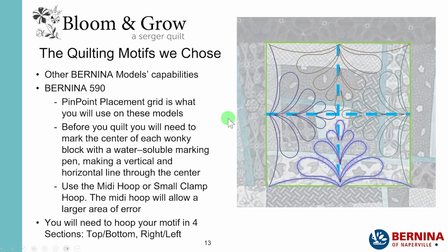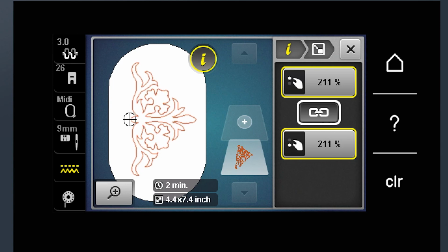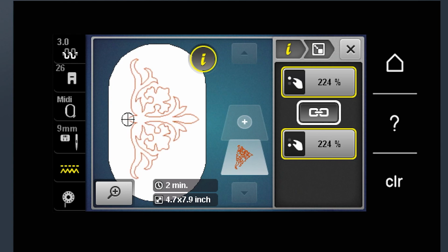Now, if you're using a Bernina 590 with the Pinpoint placement, then before you quilt, you will mark the center of each wonky block, just like you see here, just like I did before. But the 590 or the 5 series machines have a little bit of limitation with the size of the hoop. But what you can do is use this design, something like this, and I have a link to it in the next slide, and you hoop this 4 times to go around,